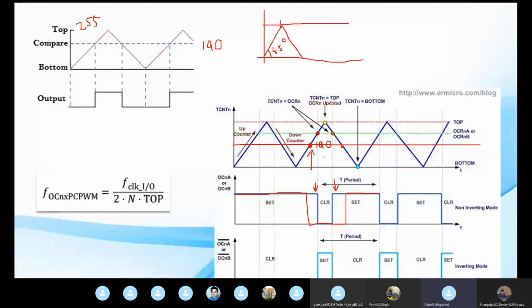Alright. So it is off for more amount of time than the other one is on. So basically the other pulse is off for a greater amount of time than the other pulse is on in the time period. So there will be a time where both the pulses are off. Alright. So what is the time?